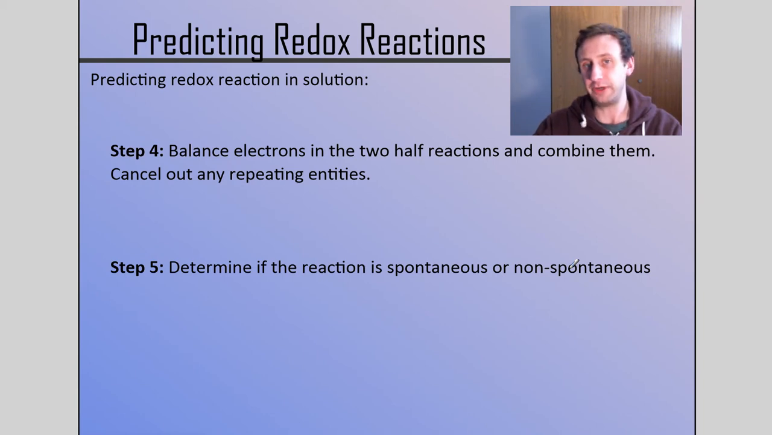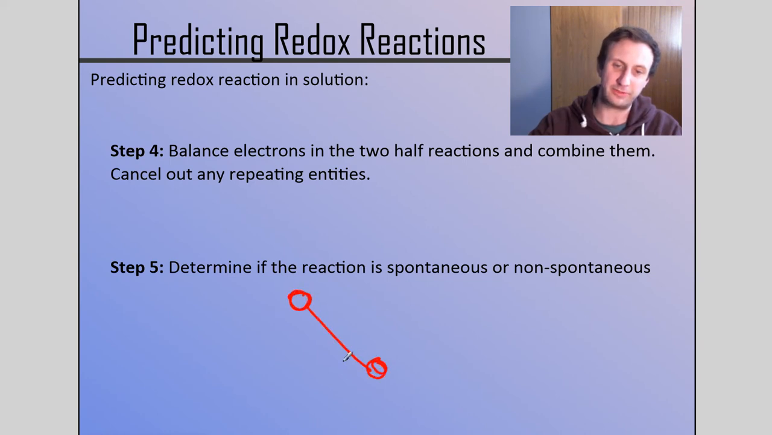Balance the electrons in the reduction and the oxidation before you combine them to make a net reaction. And then you cancel out any stuff that you need to, including electrons. Electrons go away because you balance them between the oxidation and the reduction. Finally, you're going to determine if the reaction is spontaneous or non-spontaneous, and you know that based on where the